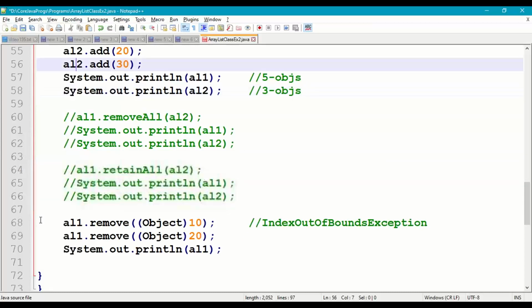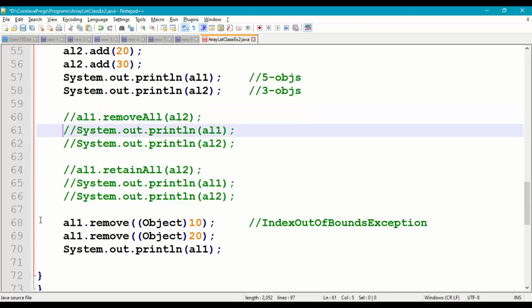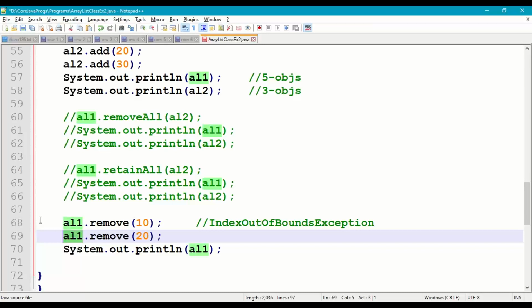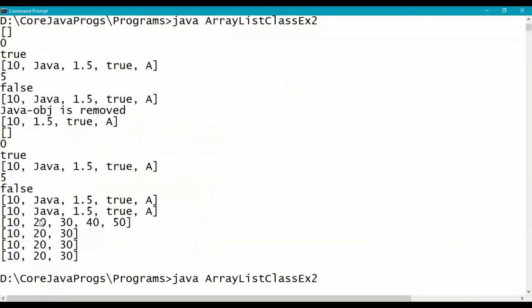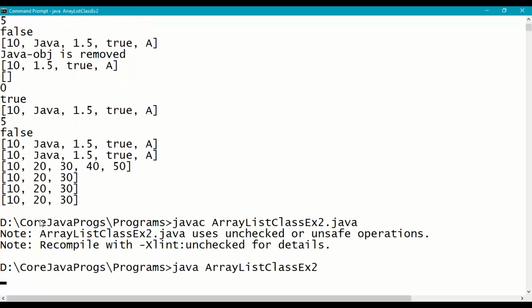Now in ArrayList 1 we have 5 elements. In ArrayList 2 we have 3 elements or objects. Now let us try to remove object 10 directly and object 20 directly from ArrayList 1. If 10, 20 are removed, we should have 30, 40, 50. Right. So save this, recompile and run.